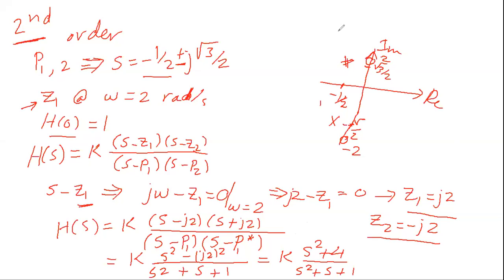Okay. So now we have H of S is K times S squared plus 4, divided by S squared plus S plus 1. Okay, how to find K? What information do we use to find K? If you go back to the question,